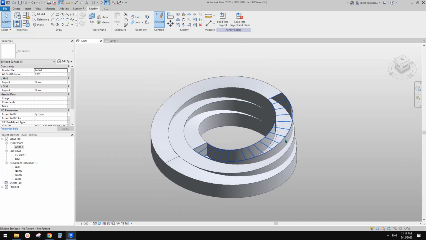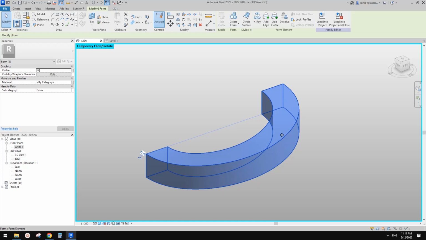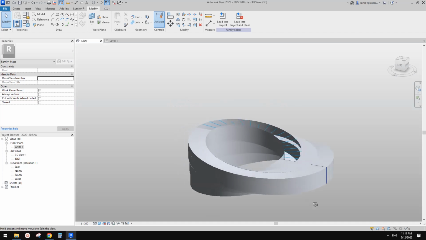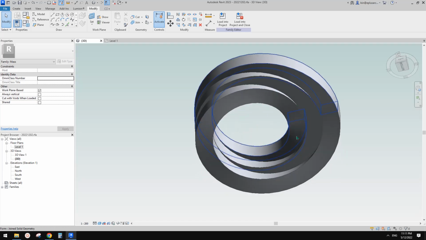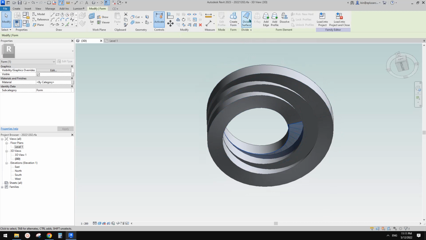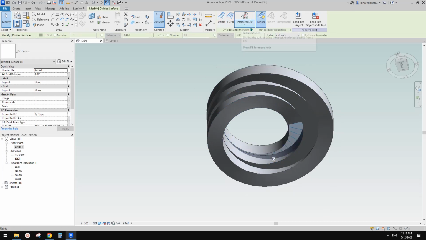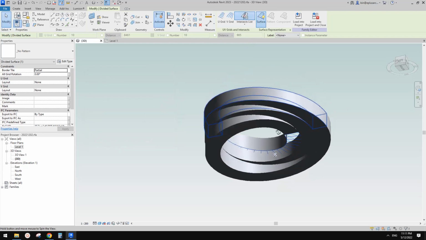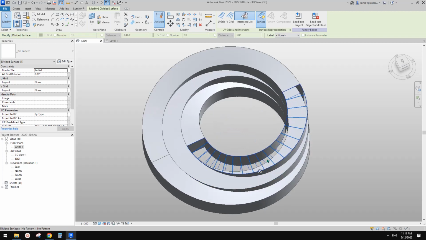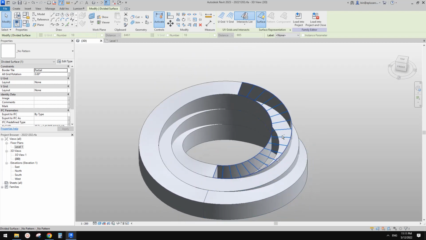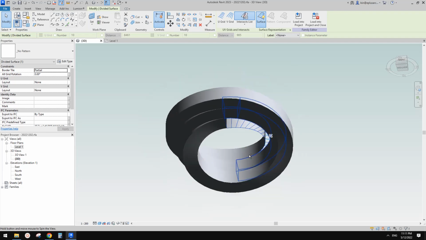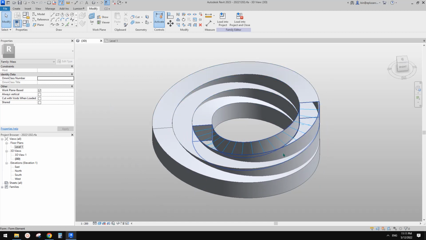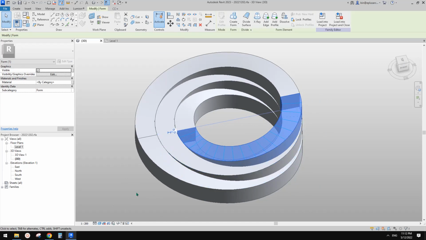Okay, so now let me just use HI to, hang on. No, it doesn't work. It's a little bit hard here. So this surface, the bottom surface here. If we do it again, divide surface, uncheck U and V grid, and go here, intersects, reference 1 to 17, check OK. So now we have two grids for both the top surface and the bottom surface. Okay, so now I'm not going to do all of them. I'll just use this one to